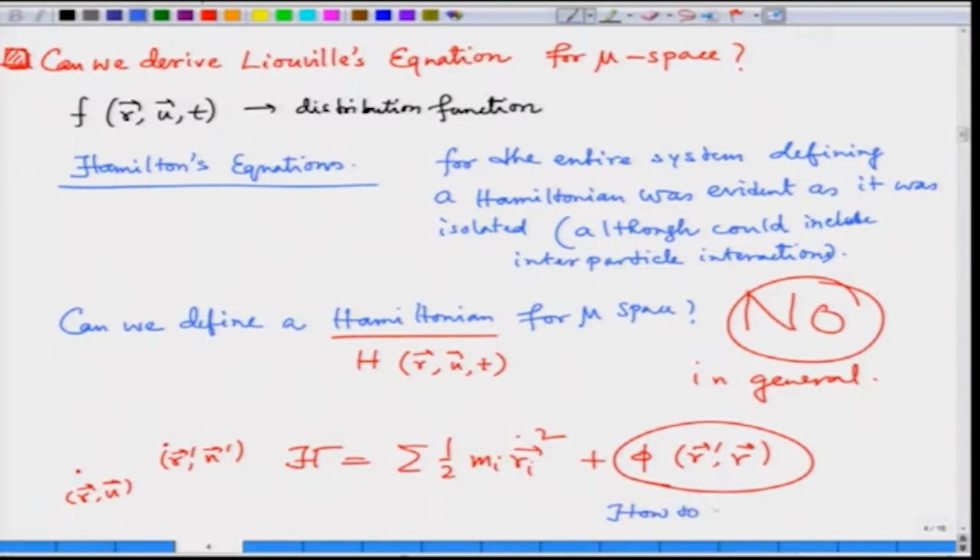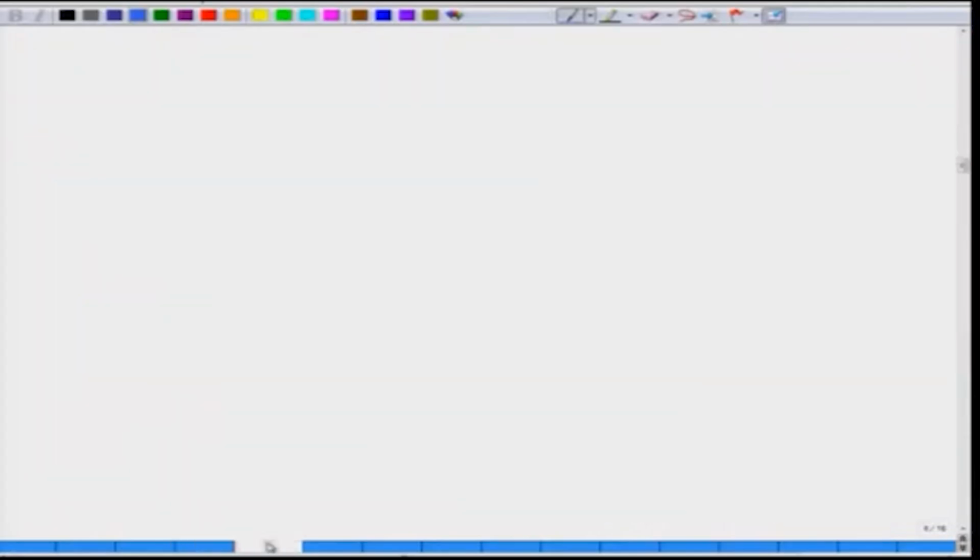How to incorporate this in mu space? This is not possible, because in mu space we just permit r, u and t and no r prime. Okay. This is a single particle state. So, the answer is very clear that in general, although it is not possible,